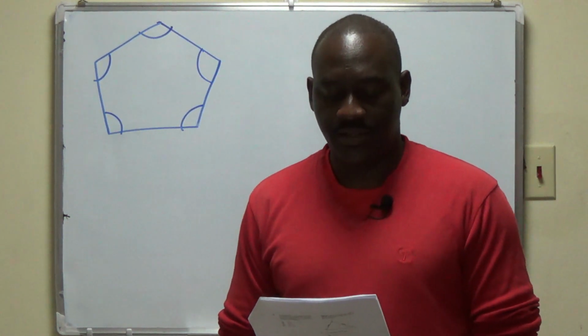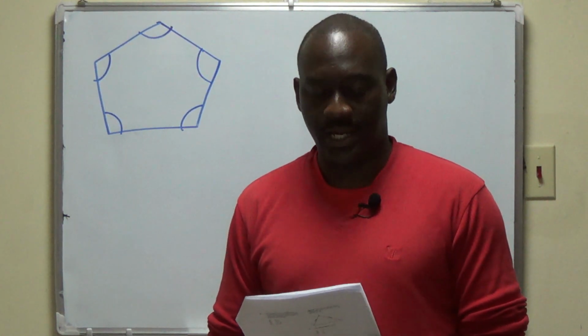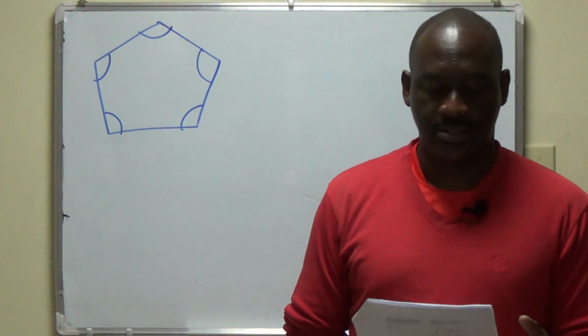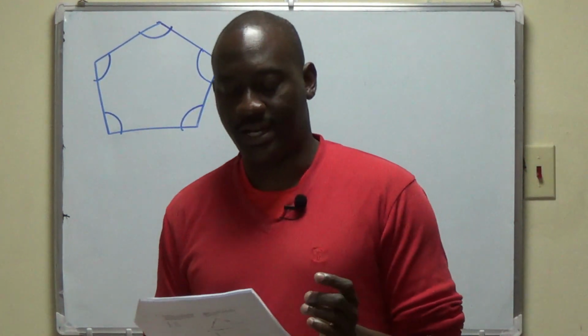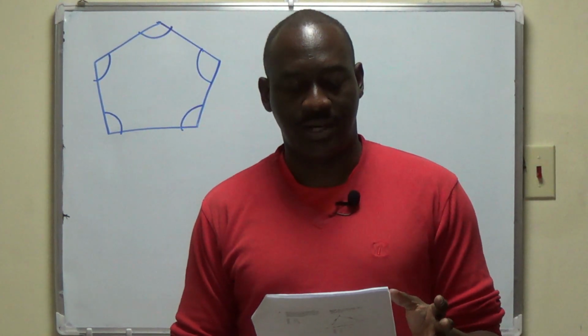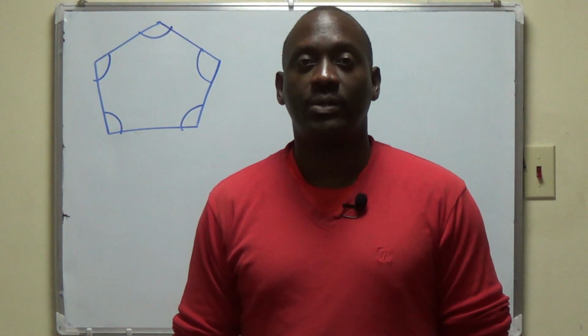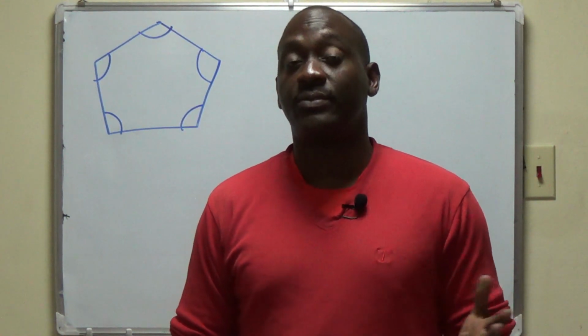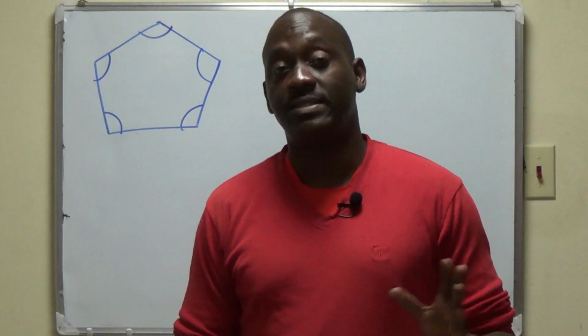The sizes of the interior angles of a polygon are x degrees, 2x degrees, 60 degrees, 3x degrees, and 36 degrees. What is the value of x? So given that we're working with a polygon, the next question we need to answer is, how many sides does